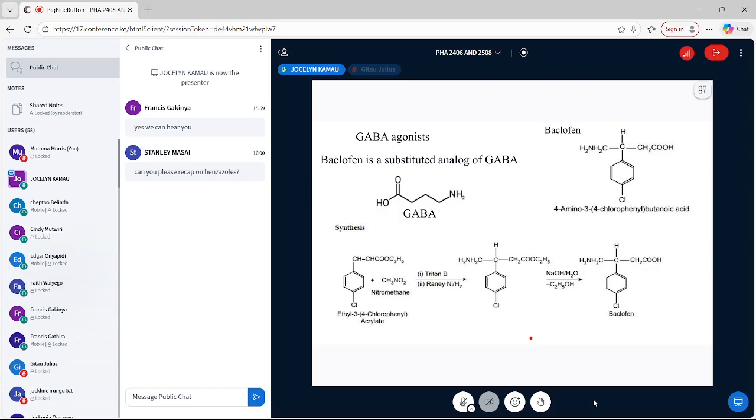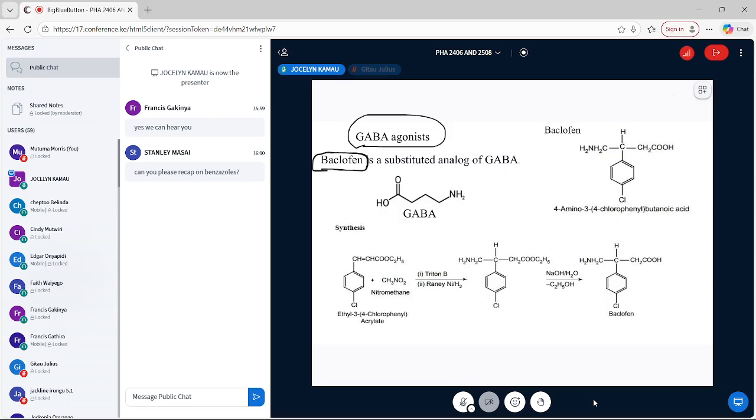And therefore giving various types of activity, because the barbiturates and benzodiazepines potentiate the activity of GABA, but you can have drugs that give one activity, relaxation, and one of the drugs is baclofen. Again, this is a drug you will see when you go out there. For those who have been out there, I hope you are able to see that drug, and it is a very good muscle relaxant, baclofen, and it is a substituted analog of GABA because it is competing with GABA for